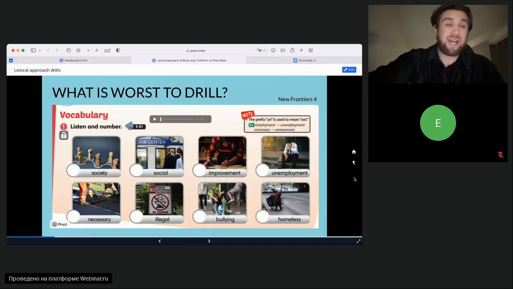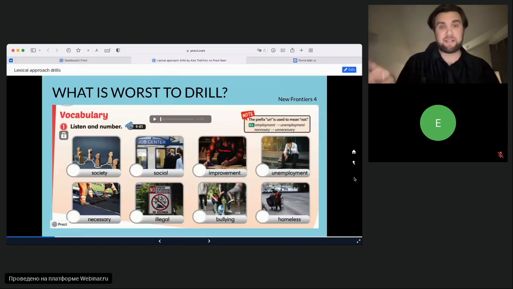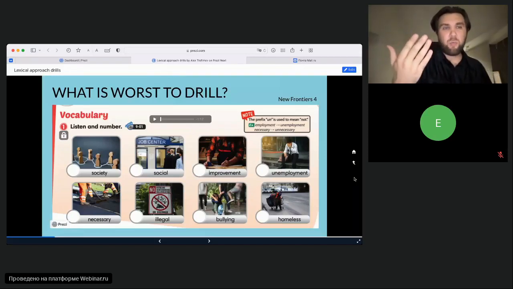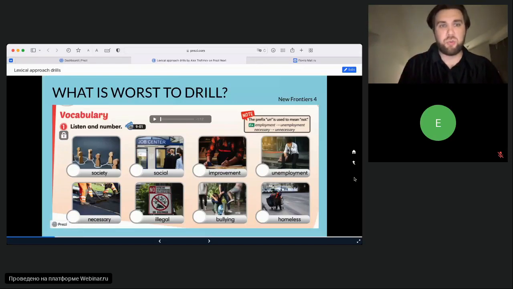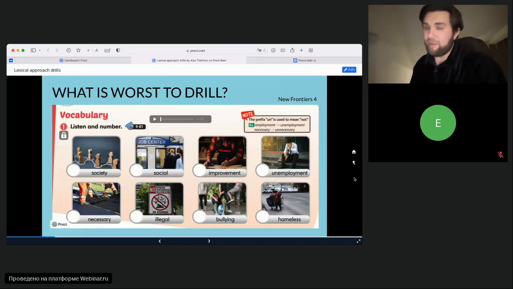Illegal, also, it can be understood, and I'm sure that my students will associate it quickly with нелегальный and stuff like that, and we don't have to drill it too much. Social also, социальный, pretty much easy. About unemployment, my